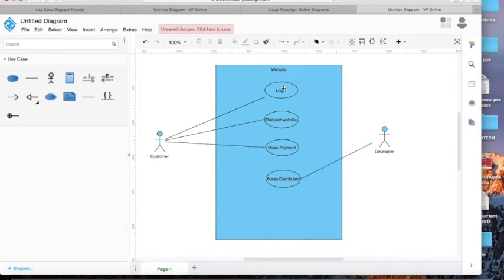See, this is the overall use case diagram, I have just given you a basic idea of how to draw it.